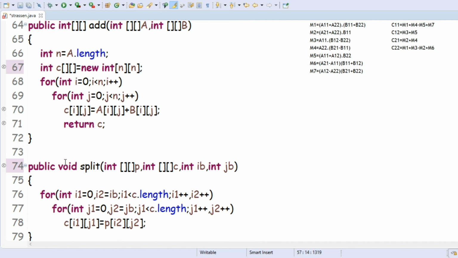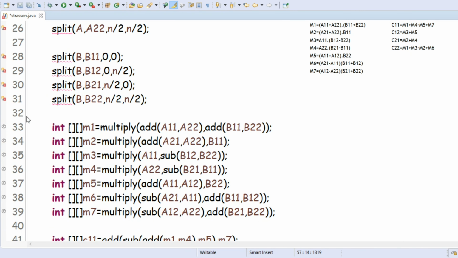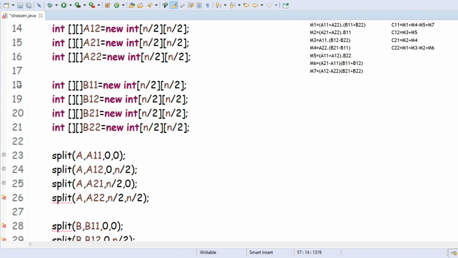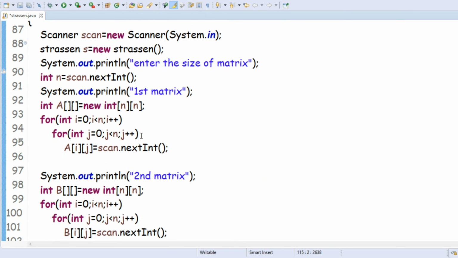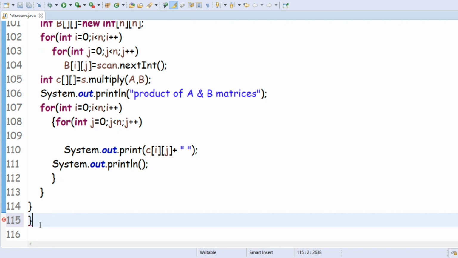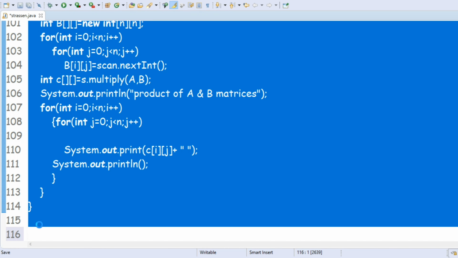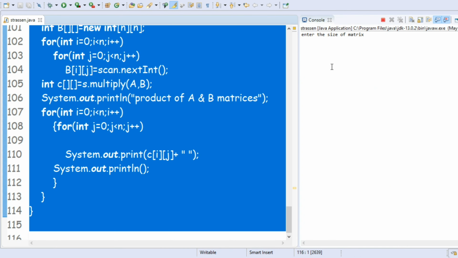Okay, whole errors are gone, but our split has some errors. Okay, let's check where the error is present. Here it's error, and save, and I compile it. Oh my god, yeah, it's done.